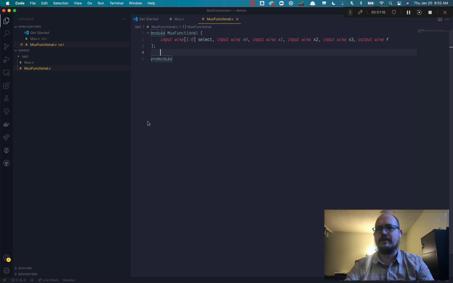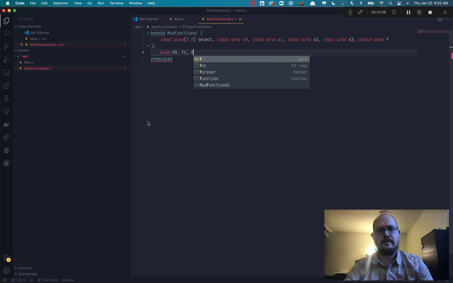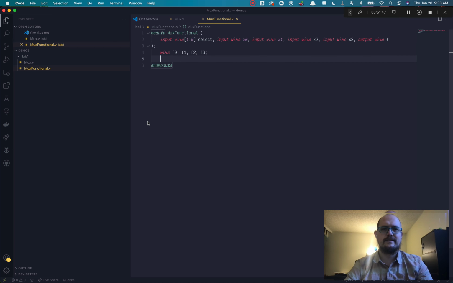So the way we do this is we'll say assign, and let's make some intermediate wires, but we don't need quite as many. So we'll say wire F0, F1, F2, F3, but I won't need the end selects. So let's go ahead and assign